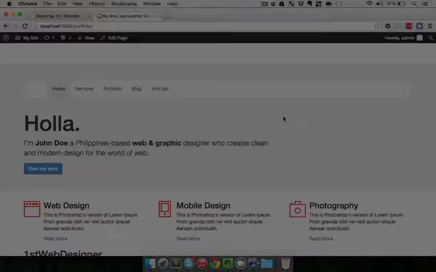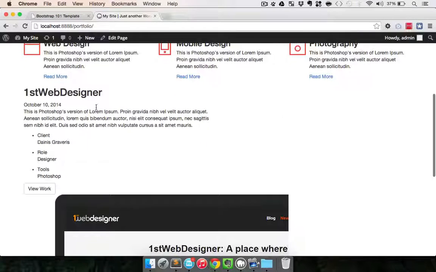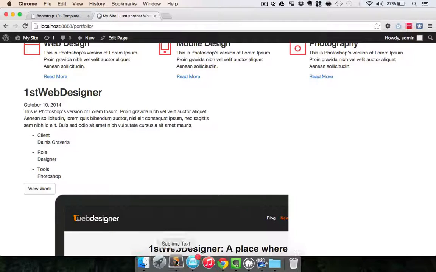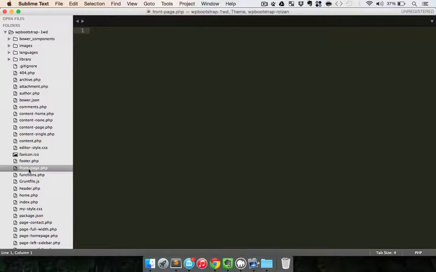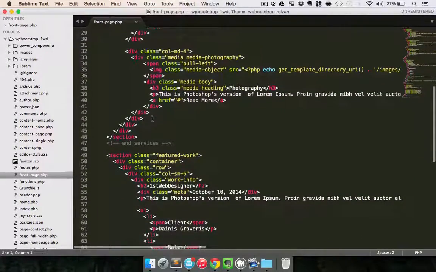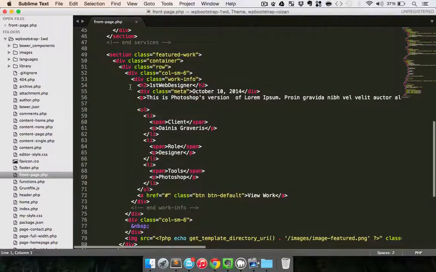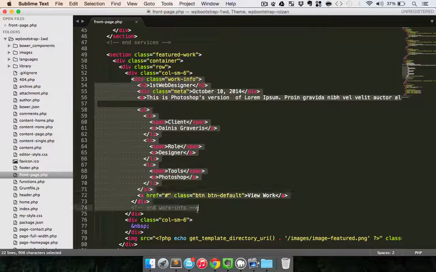So the last thing we need to do is output the latest portfolio item in the front page. Okay, so one more step, guys, and we're done with this lesson. So let's go back to our code and open up the frontpage.php and edit this section. Okay, so copy the loop from page-portfolio